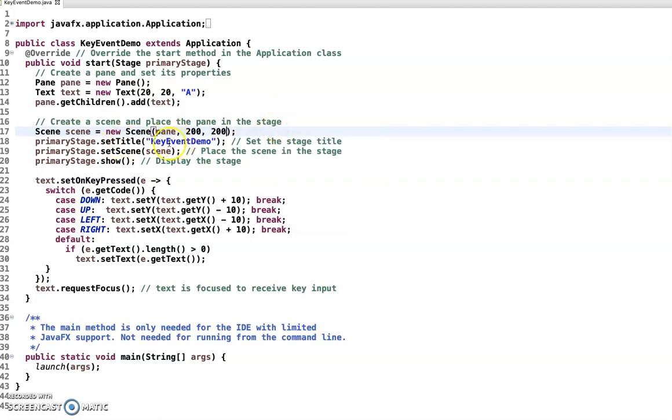So set the title. That's this title. Take the scene. Set the scene. The scene in turn is a pane, which basically just displays that little A here. Show it. But now we're going to take it one step further, where we're not going to deal with set